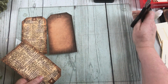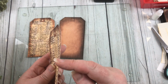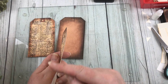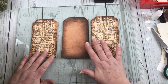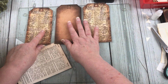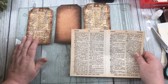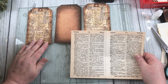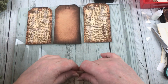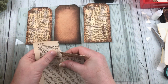Would then ink up both the front and the back, because we need to remember that because I printed it onto cream cardstock, it's got the core of the card showing through on the edges, so I would actually ink all of these up. But for speed, I won't do that. You can then take a book page. Now I'm using this vintage dictionary page because it goes well with the background part. Now you could do this with a poly cotton fabric or even a piece of calico, but it's exactly the same kind of thing. So all I'm doing is I'm just ripping